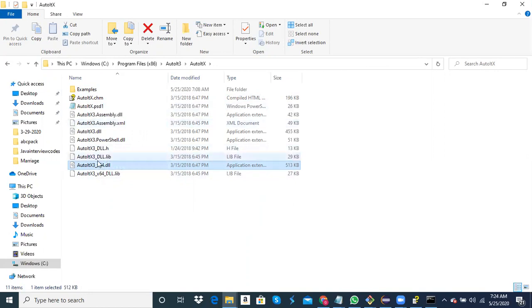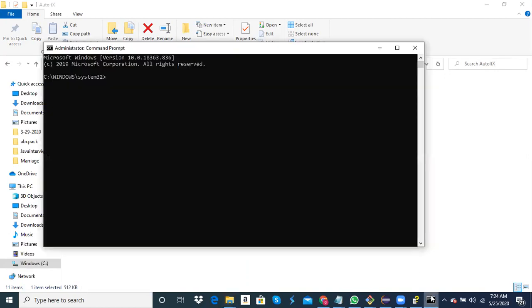Either this DLL file can be copied into this folder, or with the command you can do it. Ganesh, can you click on that folder?